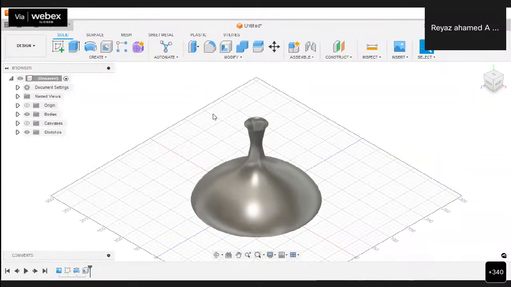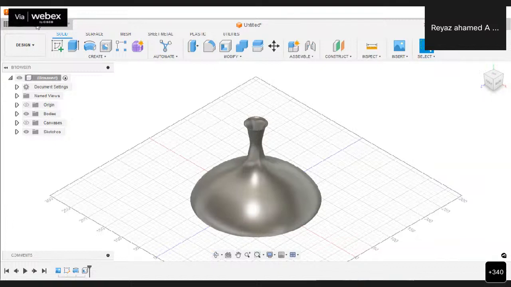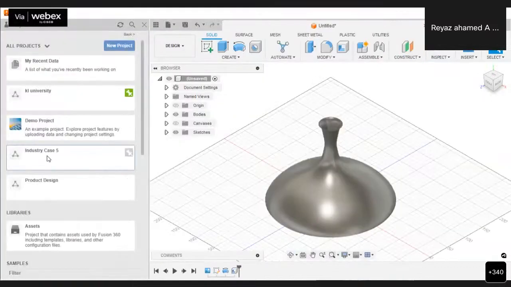Here, we have to create a hole just for removing the material, because I'm going to create a lampshade. Let me show it.